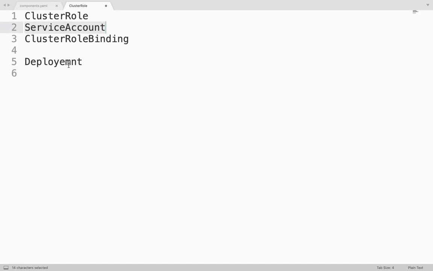This metric server is one application that is running as a pod. So that pod requires permissions to communicate with the API server. This metric server pod requires permissions, authorization. So metric server has to communicate with the API server and other Kubernetes objects to get the information, pod information, nodes information.